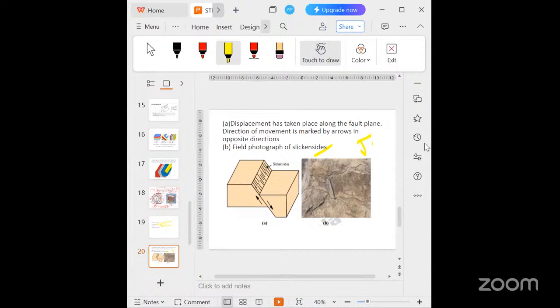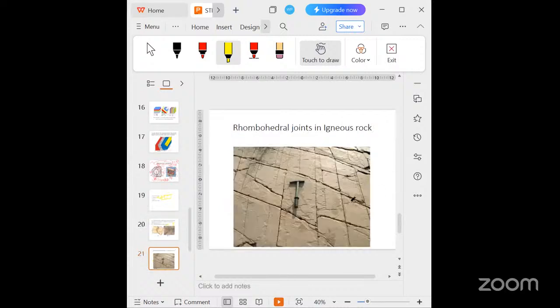right? The cooling of lava or magma can produce joints in the rocks. Fractures and joints are among the most important things in geological structures. They are considered in hydrology, engineering geology, and also some mining projects. Now you see here, this is the rhombohedral joints. You see, these are the